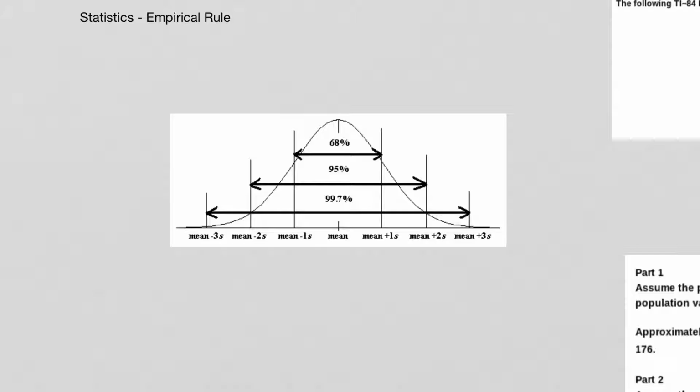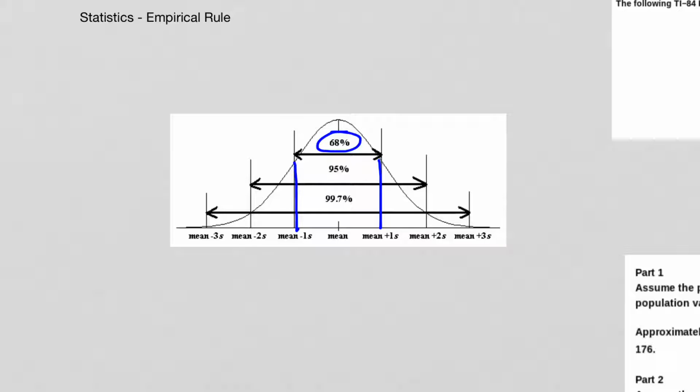So what this empirical rule tells us is that if the mean we have at the center here, and if we take the mean plus one standard deviation and mark that spot, and the mean minus one standard deviation and mark that spot, then between those two values, we are going to find 68% of our data. So for a bell-shaped distribution, you have a lot of data concentrated really close to the mean,